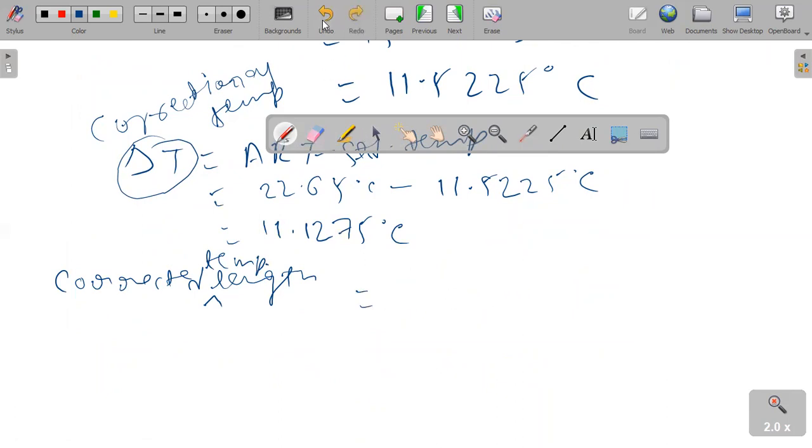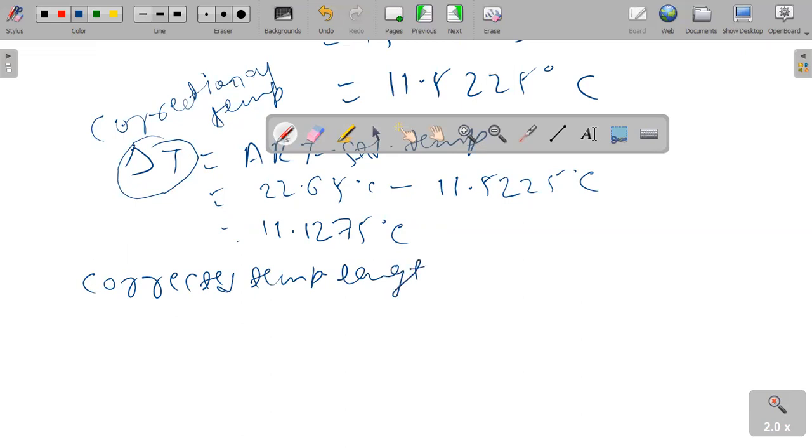Before that, one more thing. Let's check whether it exceeds the temperature of 35 or not. So for that, we'll see it a little. Let's find the corrected temperature length first. Okay, so for that we need to find our previous value,